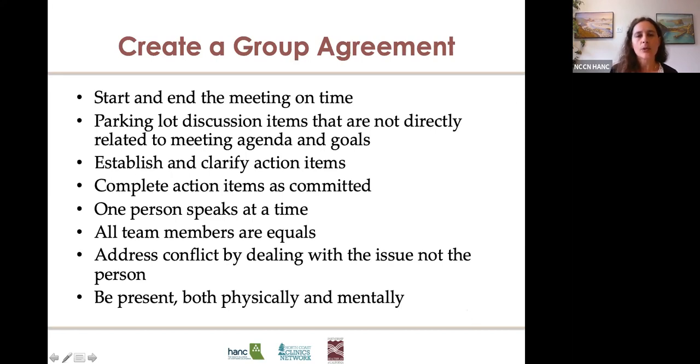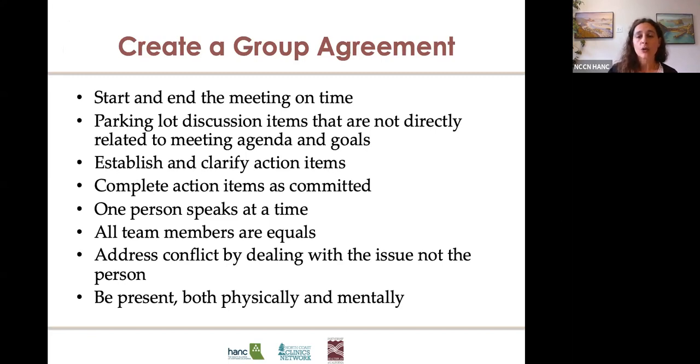So really put a priority on this and don't lose sight of the group agreement. It's almost like a vision statement for the group, created by the group, and a very crucial part of that process. And so the aim here is basically to create the norm. What is the norm for the meetings that will create a safe and respectful space in which people can work together productively?